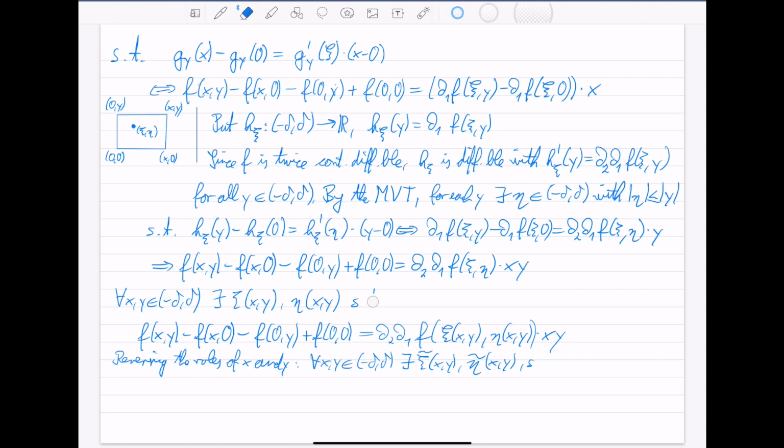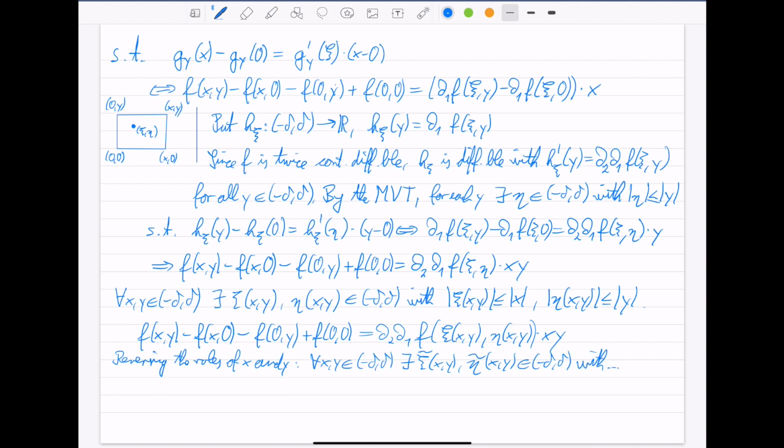I have to mention, and this is now the crucial part, that these two numbers are in (-delta, delta), but with absolute value of psi of xy smaller than or equal to the one of x, and absolute value of eta of xy smaller than or equal to the one of y. And the same here, in (-delta, delta) with the same inequalities, with the tilde,